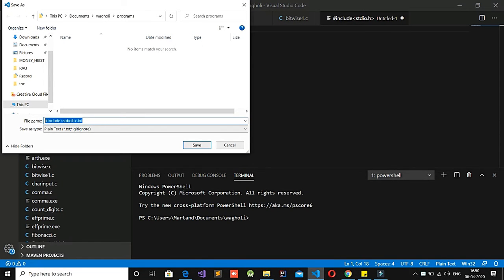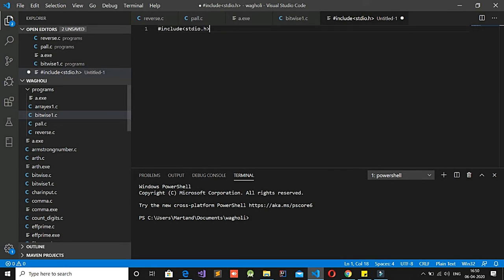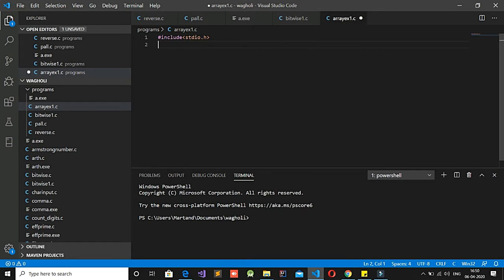If I save this file with name, let's say, array example1.c, fine. So that is your first line, that is hash include stdio.h, which means that you're trying to load a header file or include a header file. Now starting with your void main,